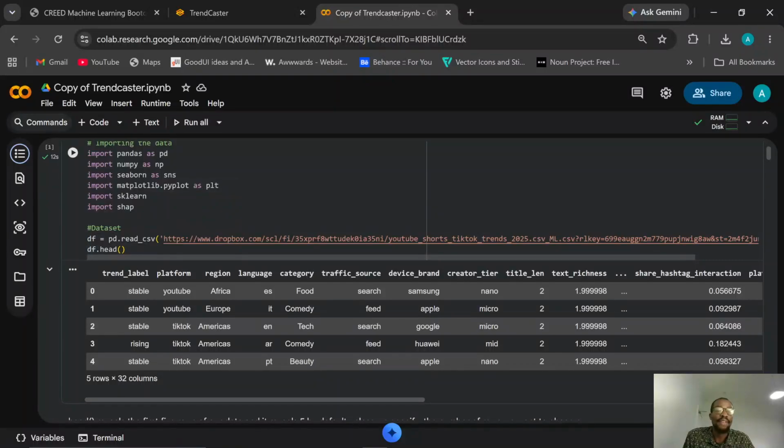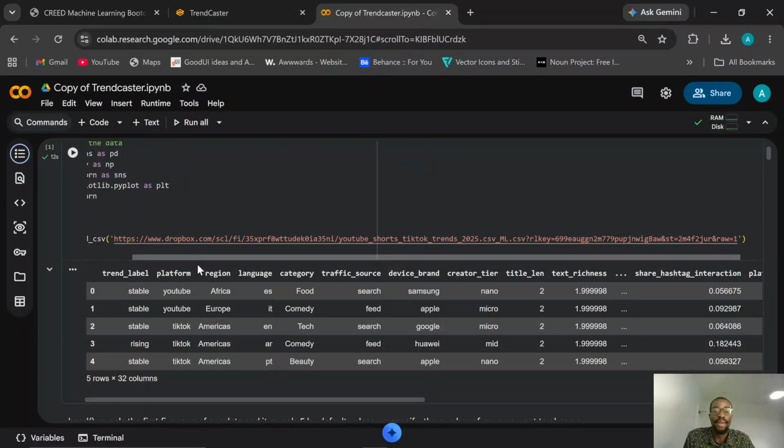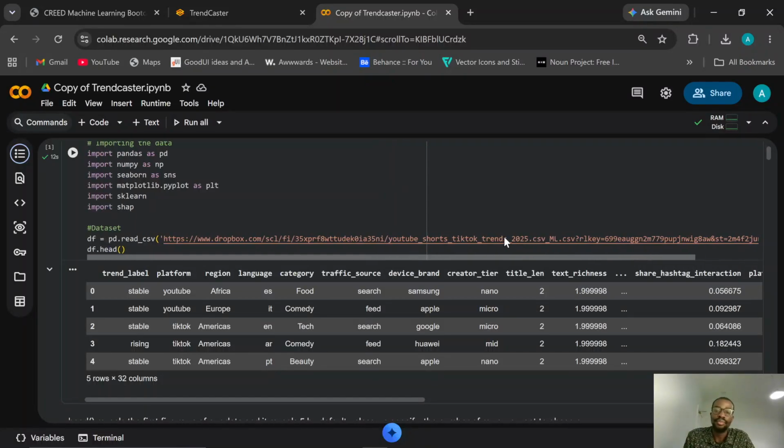We called our data frame df this time. In the previous video we called it penguin. So df equals pd.read_csv. I used a Dropbox. I like to use Dropbox for my project. I would have liked to show you how it works, but because of our time, I use Dropbox. I copy the link in the Dropbox and then I change the ending here from dl=0 to raw=1, and then from there you move on. So the df.head, you can see that we have 32 columns.